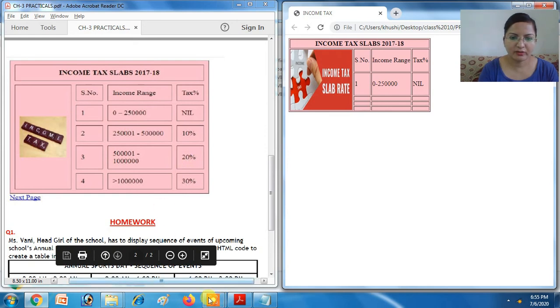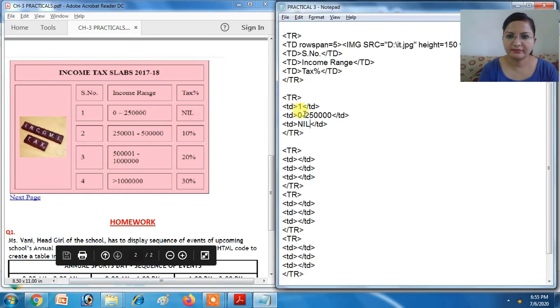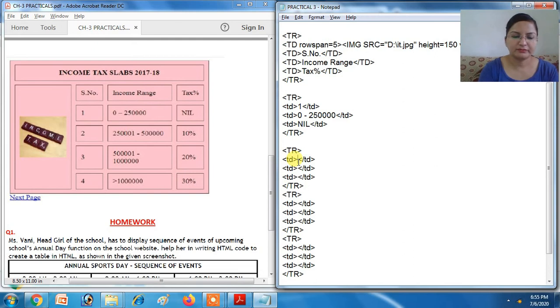There is space also in between hyphens. Now 2, 2 5 0 0 0 to 5 0 0 0 0, then you write 10% here.